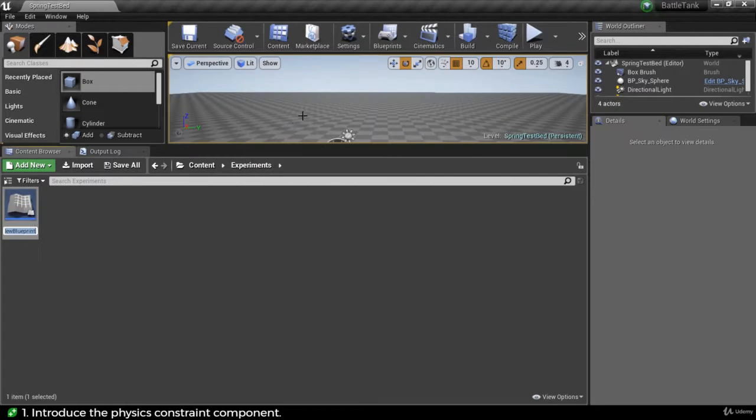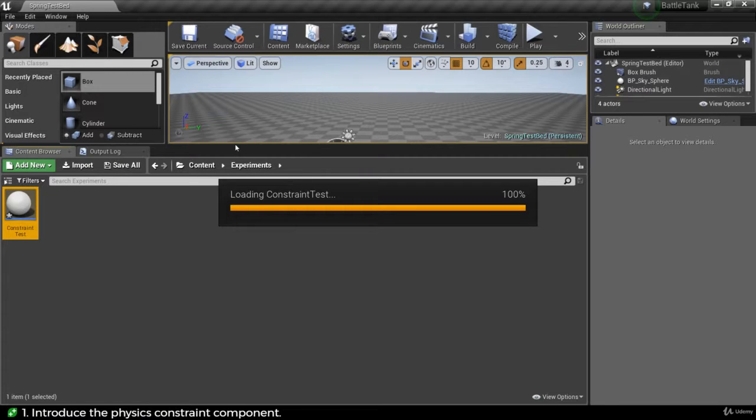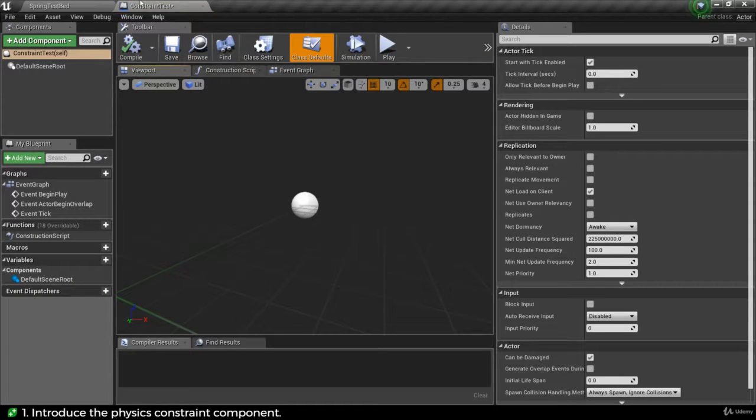It's just going to be an actor, make it really simple, and I will call this the constraint test, like so. And we can go ahead and open up that blueprint. Now, what I want to do is show you how we can set up a very basic constraint. So go into Add